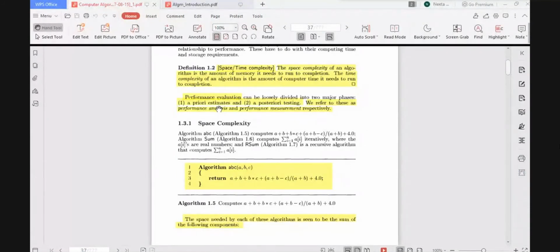Sorry, but we have to find out a way to estimate the space and time complexity. Understood? Now the second is a posteriori testing. This is where the exact performance measurement happens, in the sense that after choosing the best algorithm, you'll go for programming. Now in that we have many ways of